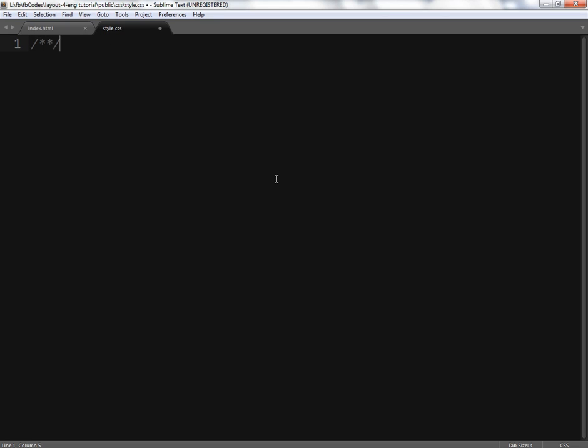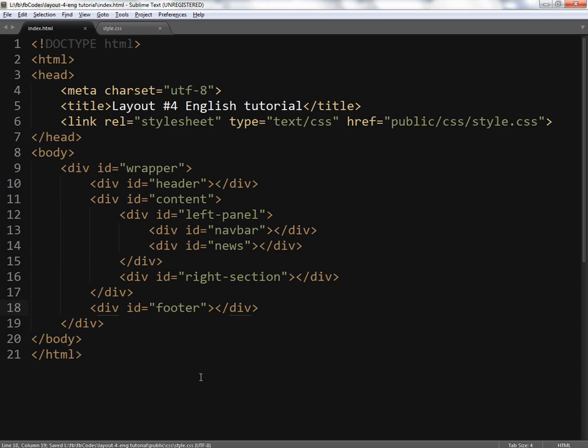Alright, so I'm gonna put some text over here just to make it appear in the browser, and I'm gonna right click, open in the browser, copy this URL. I'm copying this URL because as you can see right now it's open in Google Chrome, but I want it to be open in Mozilla Firefox, so that's why I needed this URL. I paste the URL, refresh the page. So at the top you can see the title has been displayed, which is layout number 4 English tutorial. I'm gonna right click,